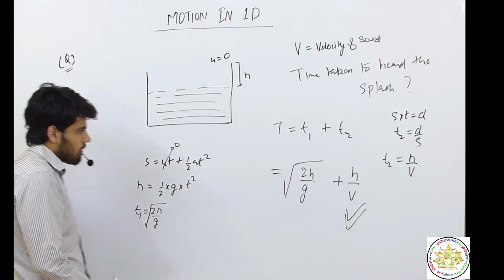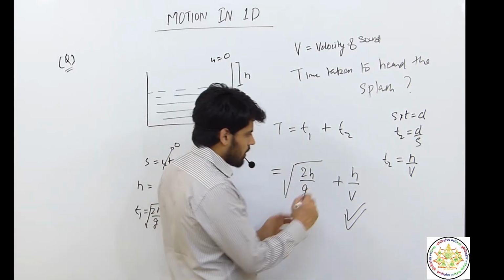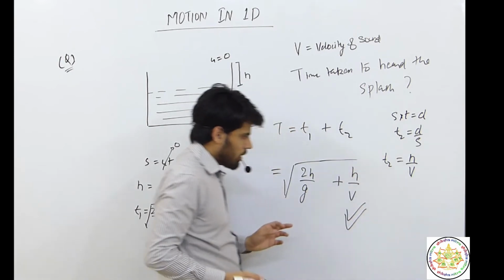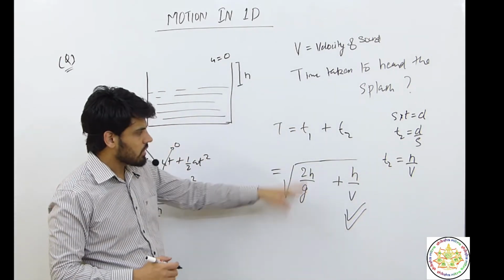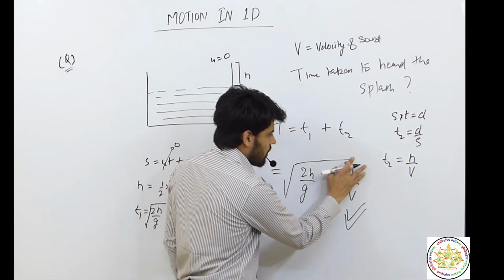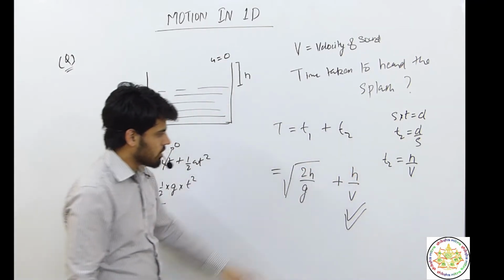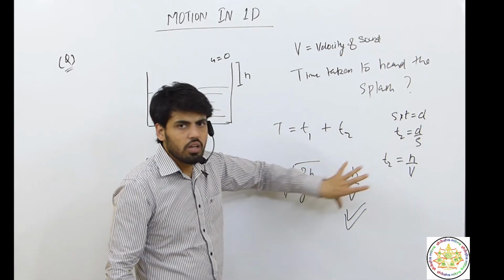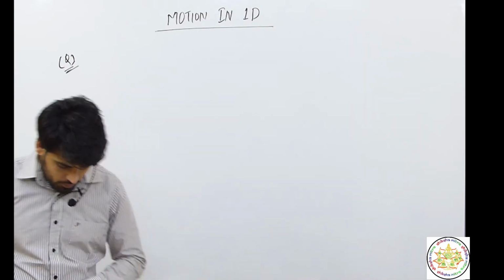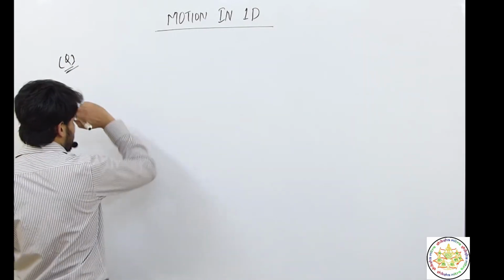In the exam, what they do is, this is the answer, but in the option they will put the whole thing under root. In a hurry, students usually take this answer, so that is not correct. The root is only over this part. This is only under the root, this is not under the root, remember this. Now let's take the next question.